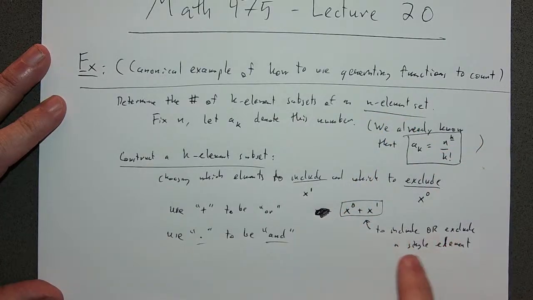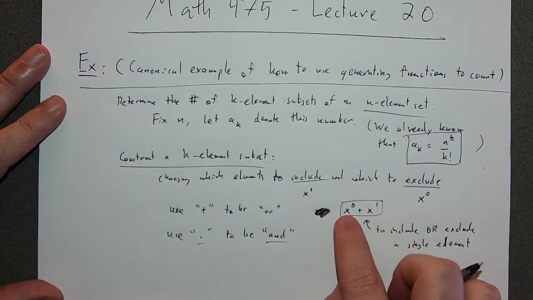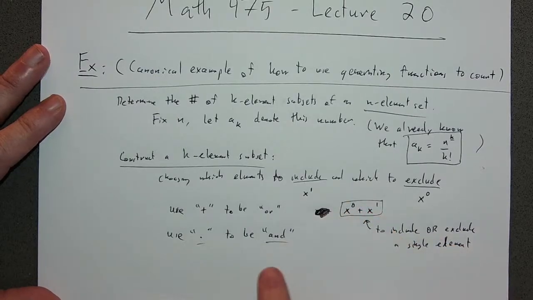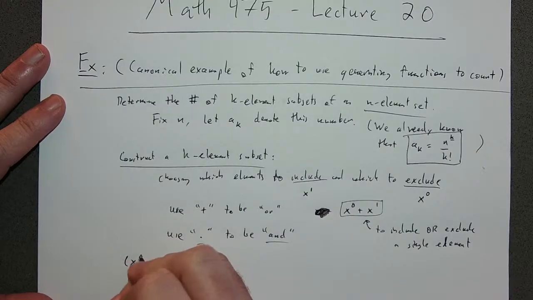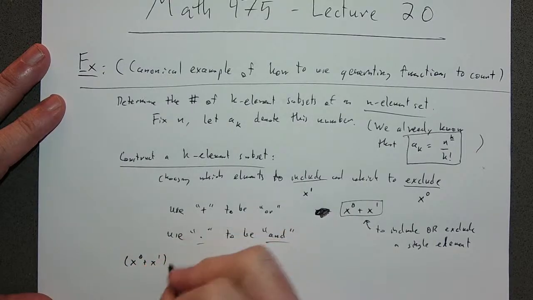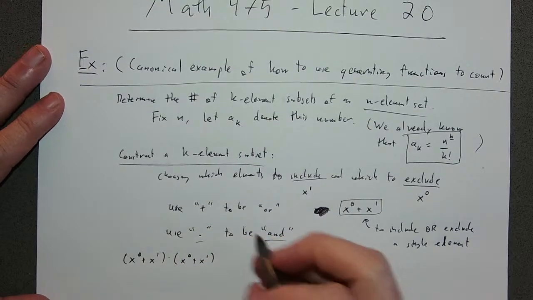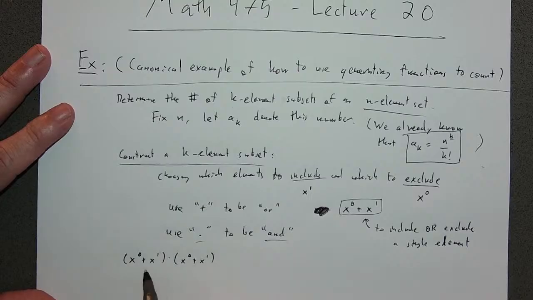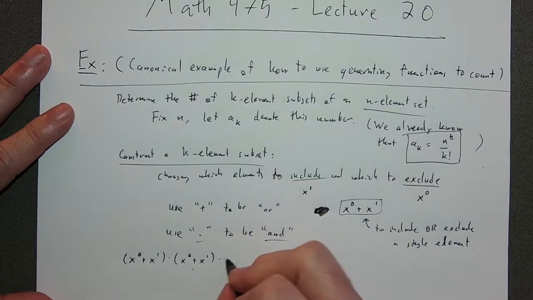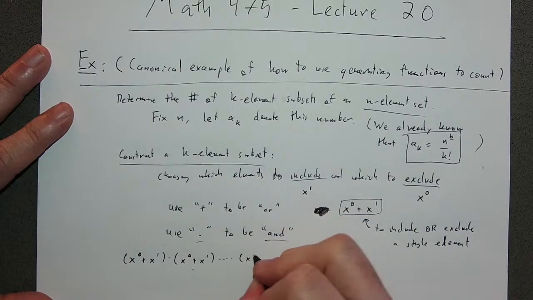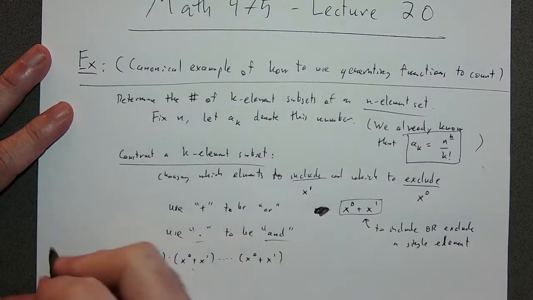So to include or exclude a single element is this expression, x to the 0 plus x to the first. So then multiplying, x to the 0 plus x to the first times x to the 0 plus x to the first. This would be whether to include or exclude this element, whether to include or exclude another element, right? And so if we continue on here, where I have n copies, this expression